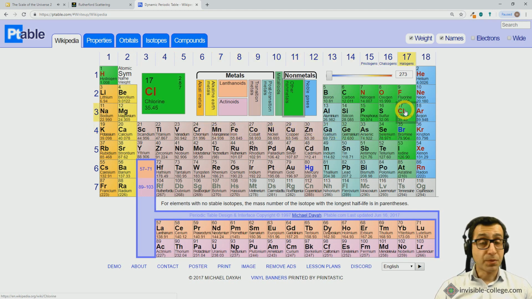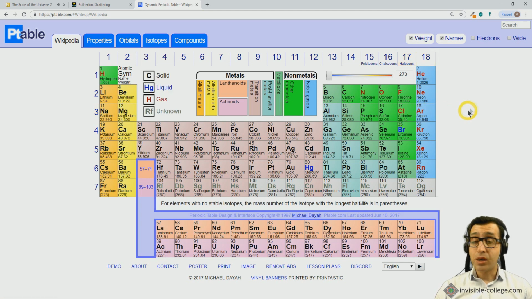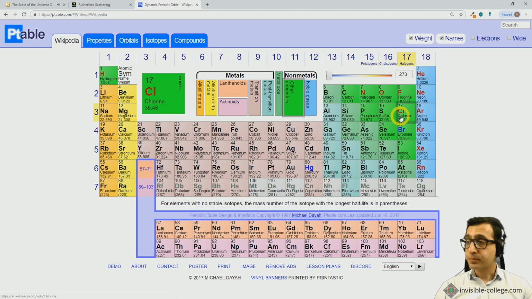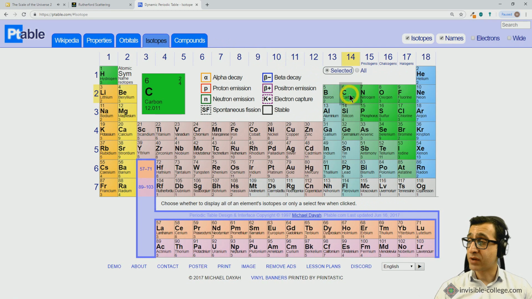So chlorine on the periodic table has a relative atomic mass of 35.5, but the reason for this is because the term relative atomic mass describes the weighted average of the mass numbers, the masses of the isotopes of that element compared to 1/12 of the mass of a carbon-12 atom. So if we look at the isotopes of carbon-12,